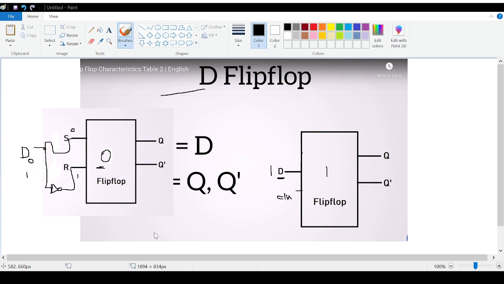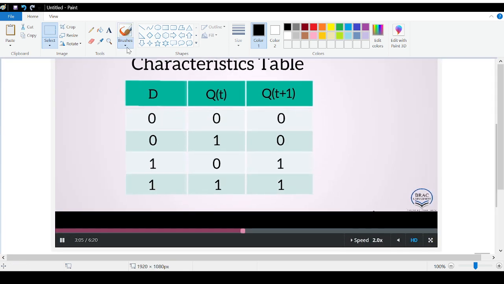So let's look at the characteristic table. This is the value of D, and remember, in a sequential circuit, in a flip-flop, the next state is always written as Q(t+1), and Q(t) is my current value. So if the value of D is 0, it doesn't matter what my current value is. In a D flip-flop, it doesn't matter what previously my flip-flop had stored. If D is 0, my flip-flop is going to store 0. If D is 1,